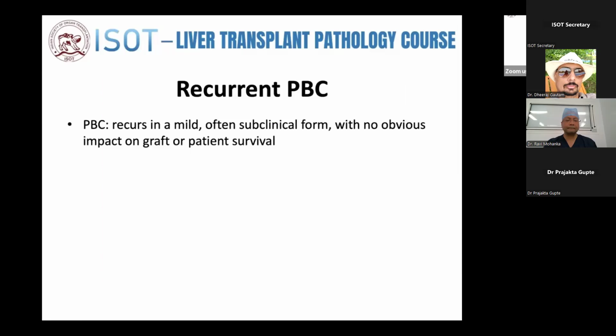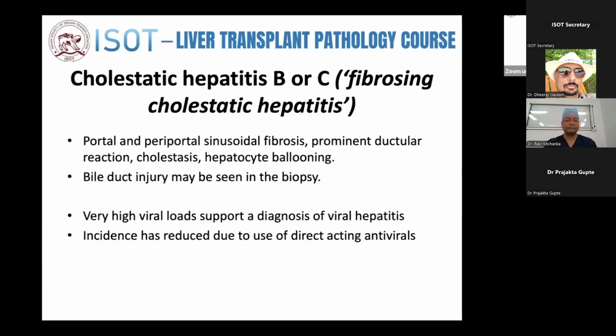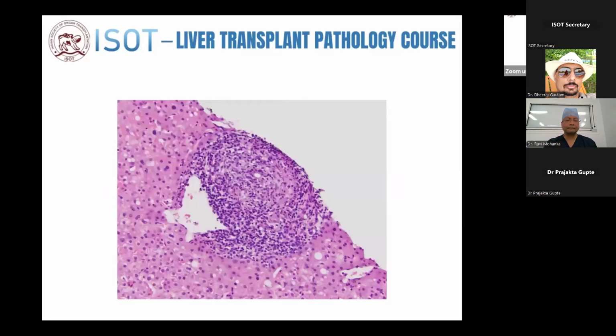Now recurrent PBC. Now this usually recurs in the mild subclinical form, and there's usually no obvious impact on patient survival or graft survival. So here is a florid bile duct lesion of PBC. More commonly, we are going to see AIH PBC. And now, when we see AIH PBC overlap, a differential of differentiating between acute cell-mediated rejection and AIH PBC overlap often becomes a challenge,